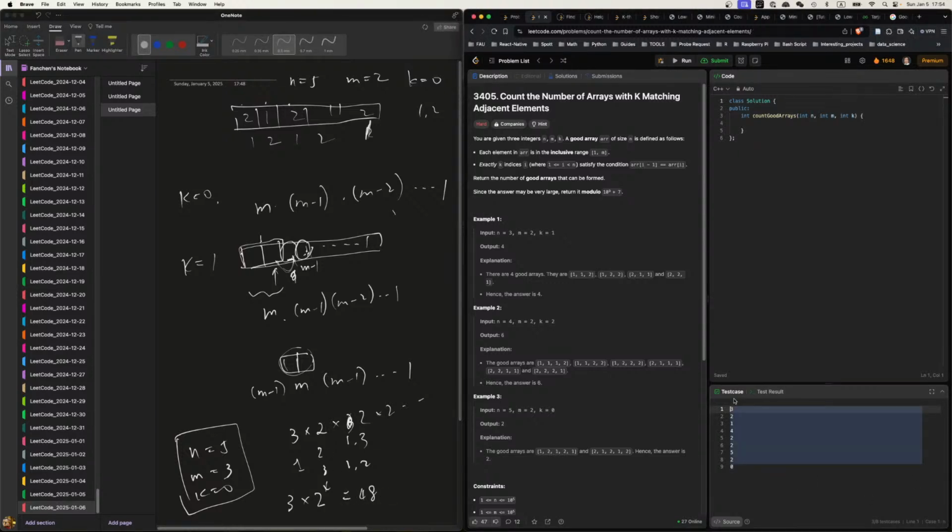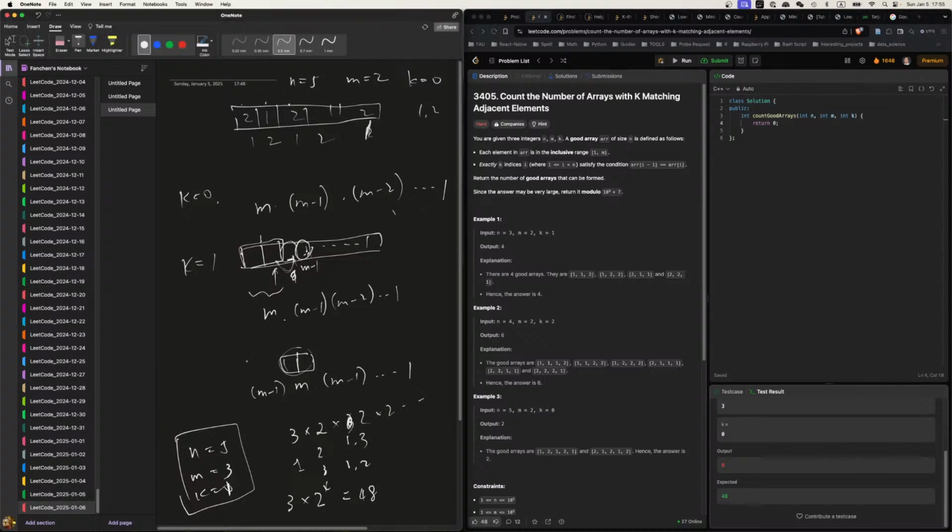Okay, let's try this. We say 5, 3, 0. We'll probably need to return something. I think it's 48. Well, the answer is 48, right? And if we say k equal to 1, okay, if k equal to 1, then